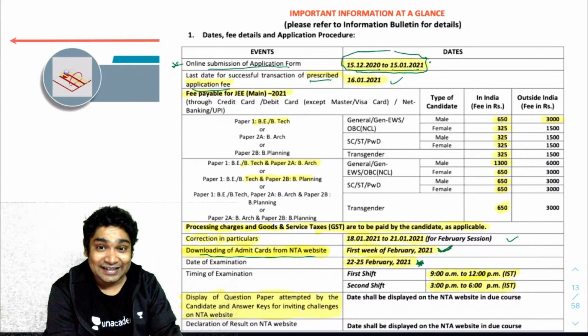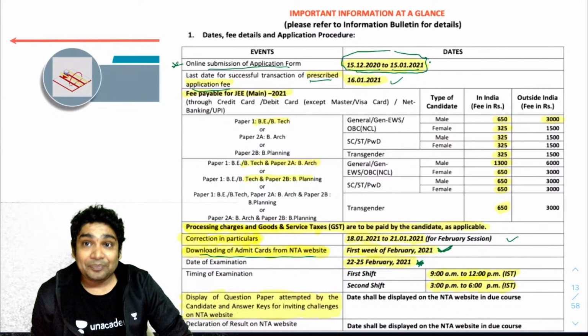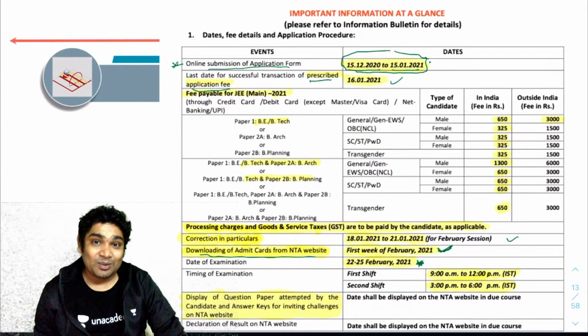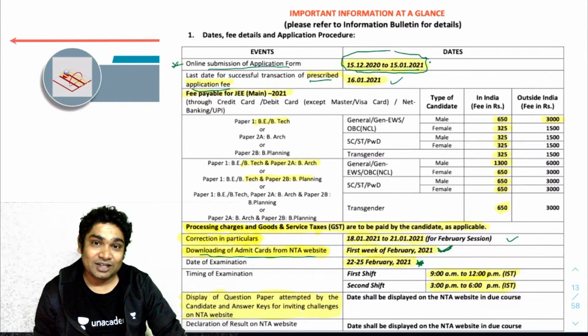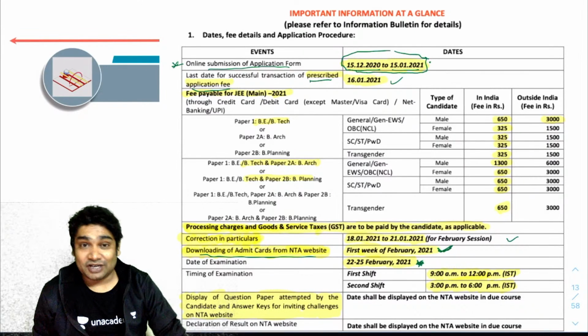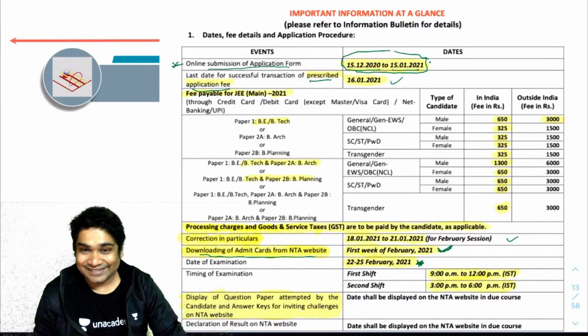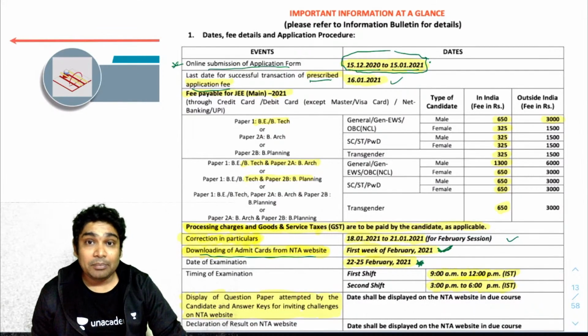But in any case, now at least, instead of wasting any more time, please make sure that you are making the maximum out of the time left, and stop worrying about whatever time you have already wasted. Whatever time is gone is gone. Worrying about that and stressing over that is not really going to help you. So now focus on what lies ahead. Don't look back. Okay, and good luck from my side. Mark all these dates in your calendars. Make sure you're not missing out on any of these important dates.